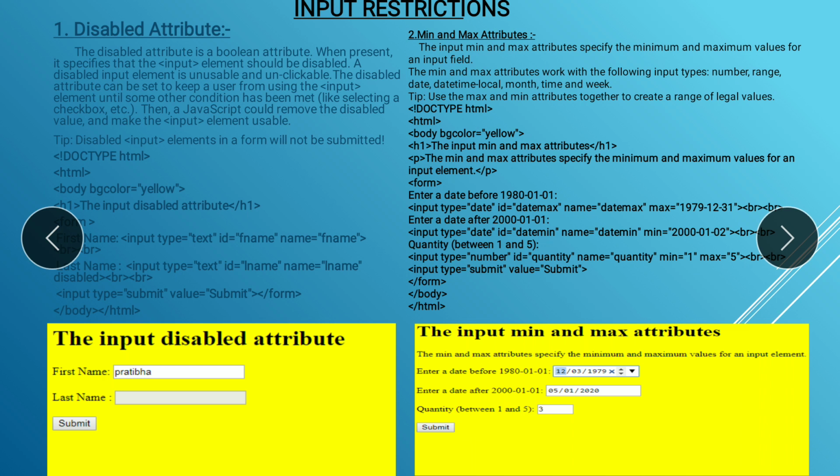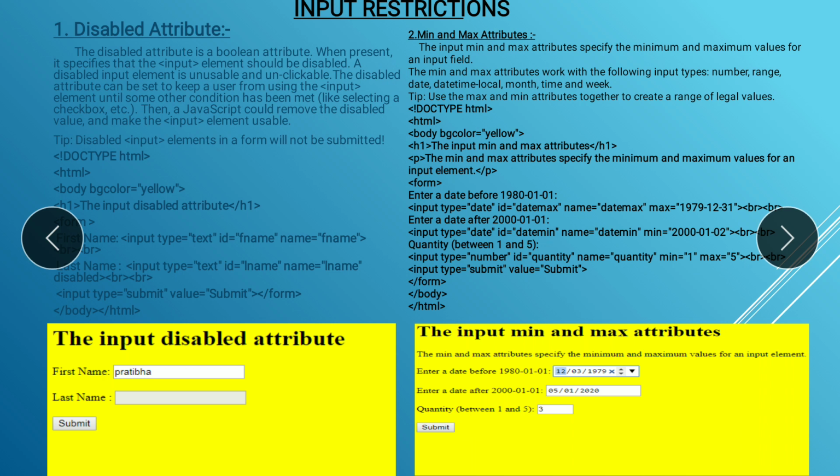The disabled attribute can be set to keep a user from using the input element until some other condition has been met, like selecting a checkbox, etc. Then a JavaScript could remove the disabled value and make the input element usable.